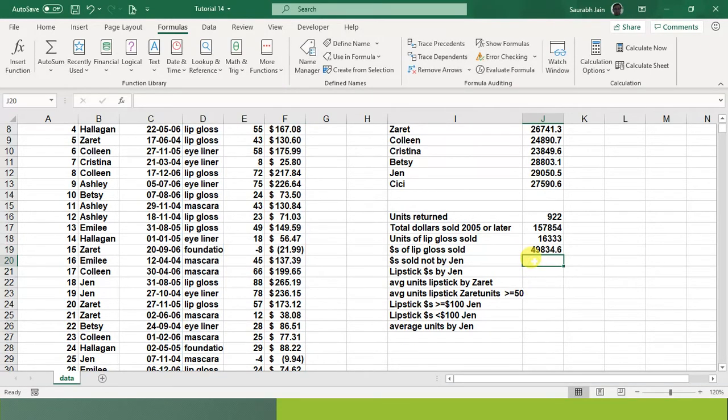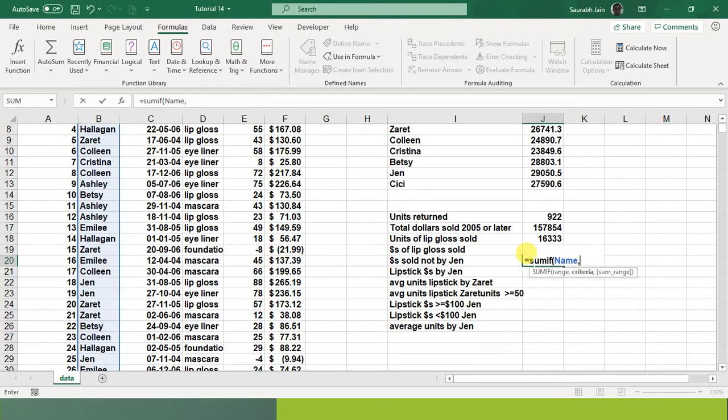Look. Now the question is dollars sold not by Jen. Fine. So I have to apply SUMIF, bracket open, but this time my criteria is first of all name, comma, and it should not be Jen.